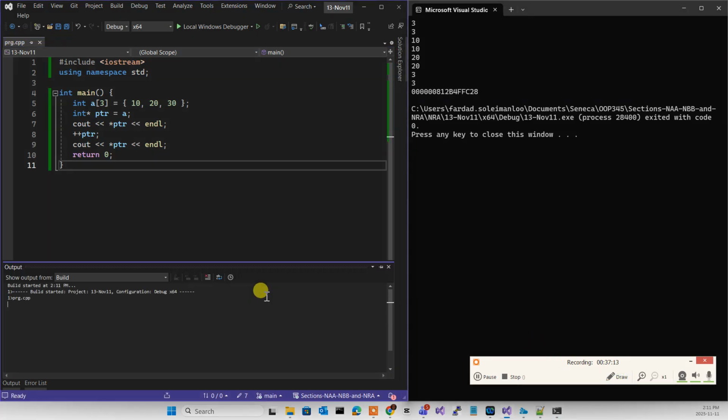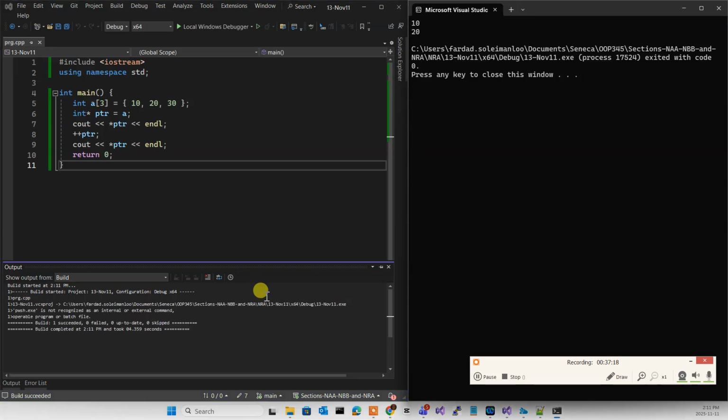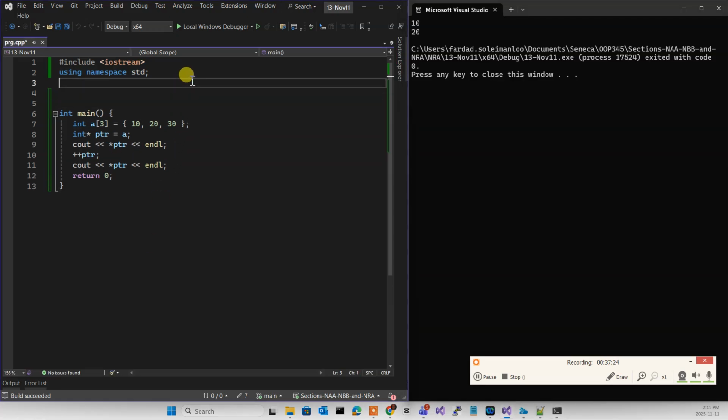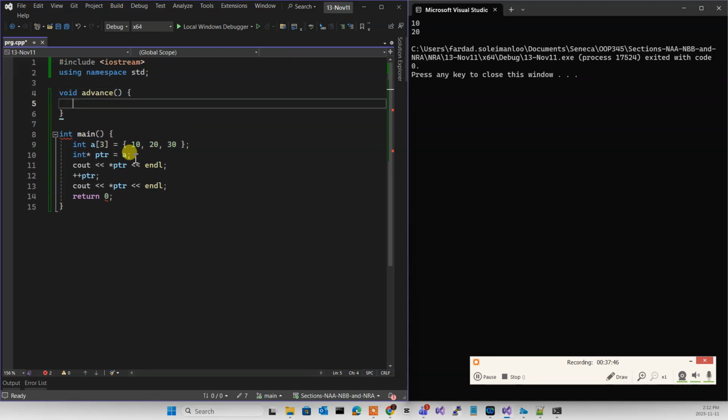When I run this program, clearly I'm going to have the values 10 and 20 printed. There is no question about that. But what if I want to write a function over here to do what's happening at line 10 in a function? So I want to write void, something like advance. Then in here, I want to pass the PTR to advance, not with C++, in C format, using pointers. If I want to do that, what do I write over here? So I can write over here target of P++,